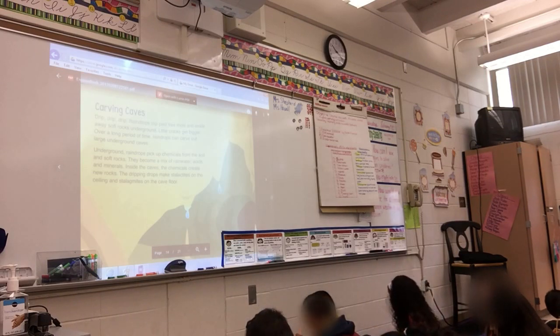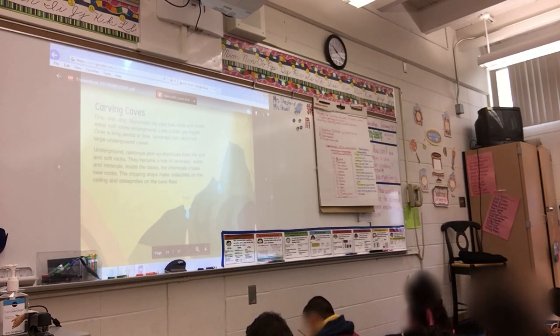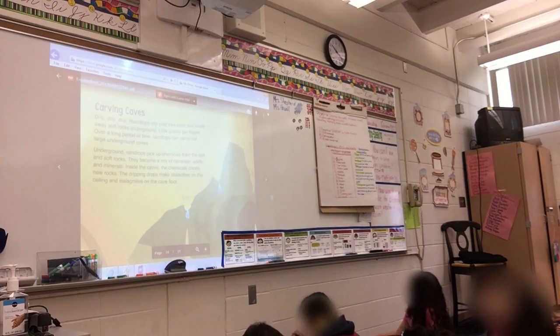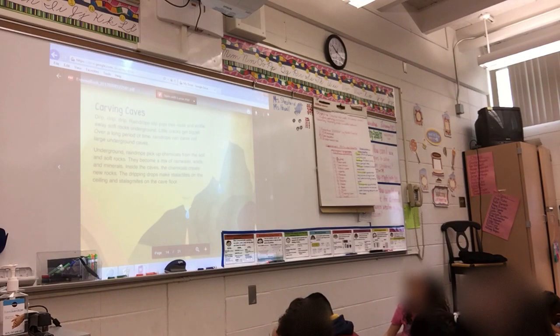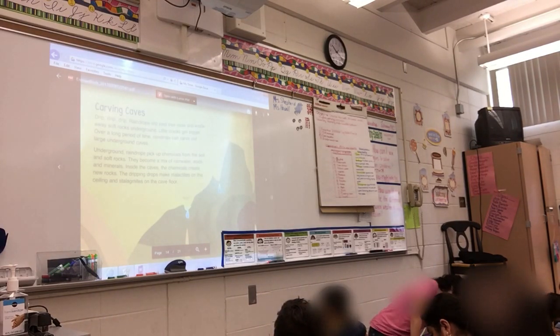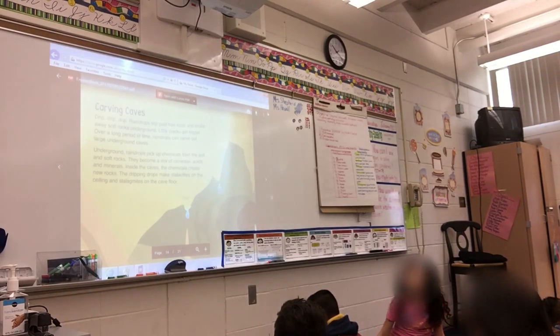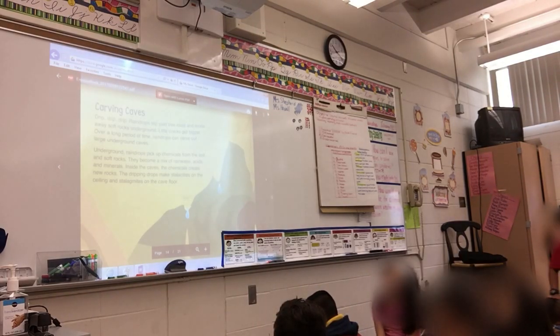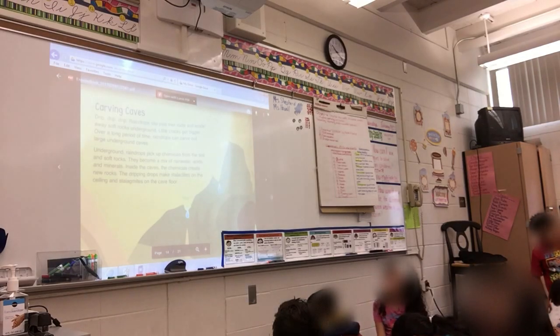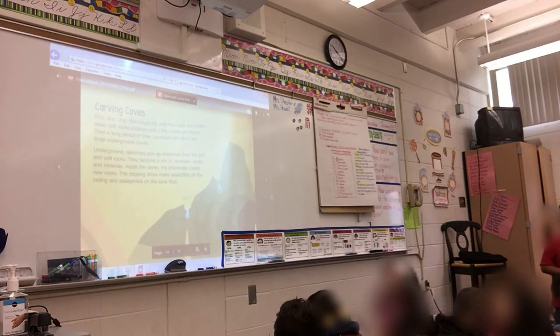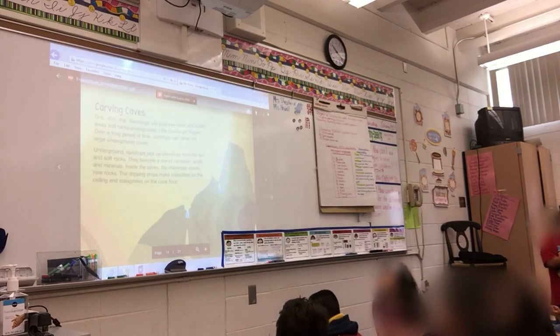Number 3. All right, carving caves. Drip, drip, drip. Raindrops slip past tree roots and erode away soft rocks underground. Little cracks get bigger. Over a long period of time, raindrops can carve out large underground caves. Underground raindrops pick up chemicals from the soil and soft rocks. They become a mix of rainwater, acids, and minerals. Inside the caves, the chemicals create new rocks. The dripping drops make stalactites,